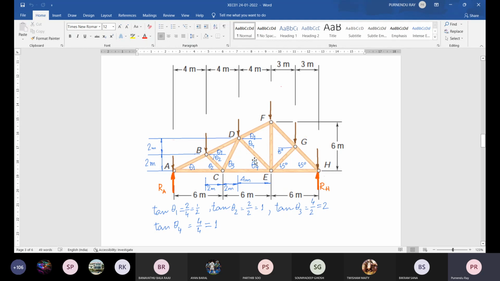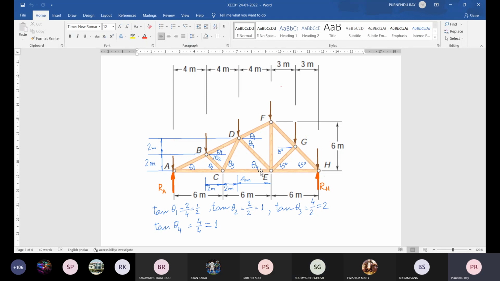First of all, on the left hand side, applied forces 2 kilonewton, 2 kilonewton, 1 kilonewton at A, B and D, developed reaction RA. Then the forces developed in the member DF, in the member DE and in the member CE. Now, how many equations can you generate? This is a case of coplanar but non-concurrent forces. So you can develop 3 independent equations of equilibrium. Two come from sigma Fx = 0, sigma Fy = 0, and another comes from sigma M = 0.